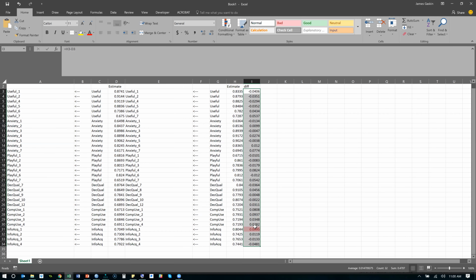The biggest difference here is right here. Information acquisition to InfoAct 1. You can see for females, it's 0.7. And for males, it's 0.8. So a bit of a difference. What we do is we go into the model and we unconstrain that path